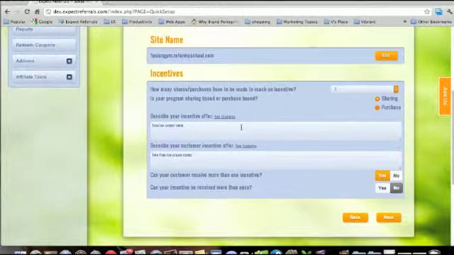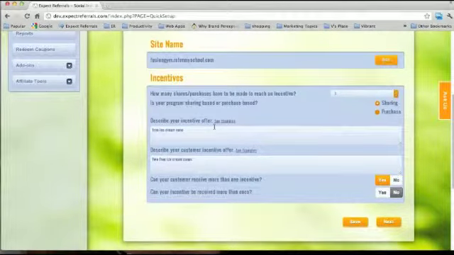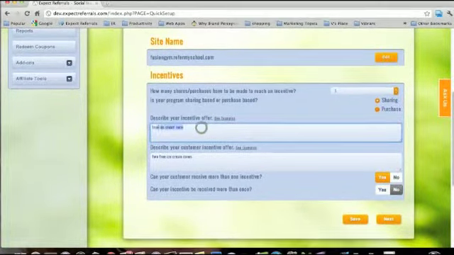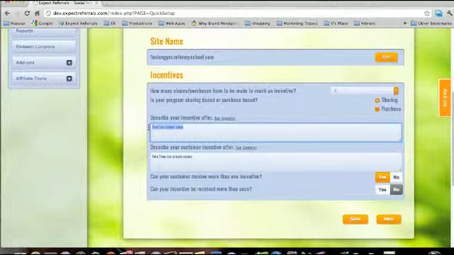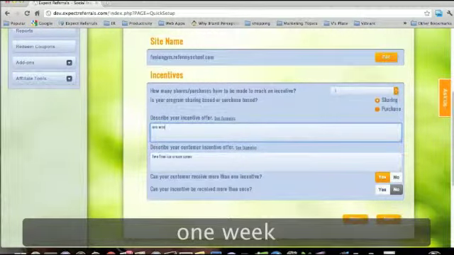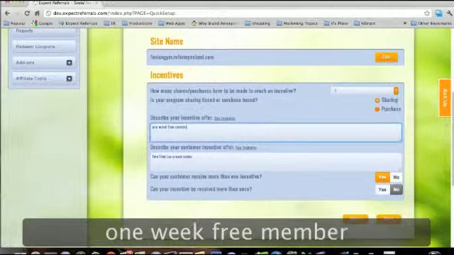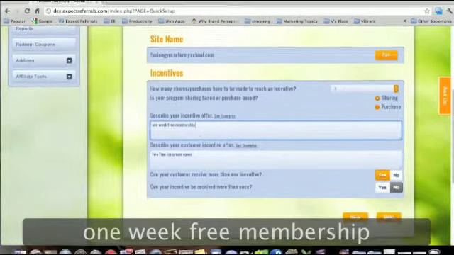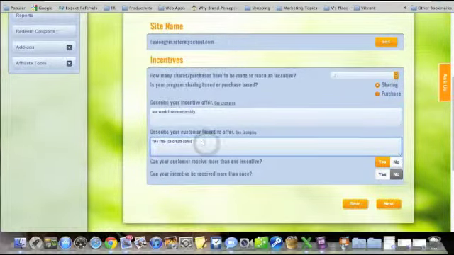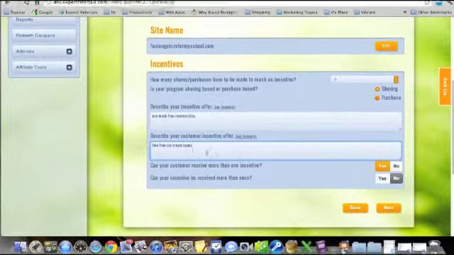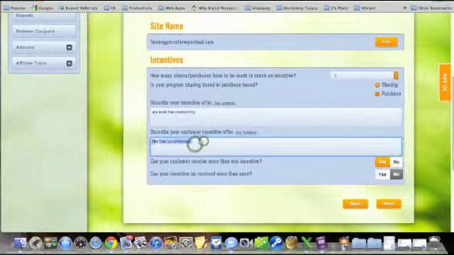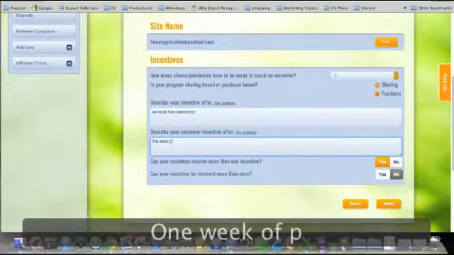Next is our incentive offer. So what are we offering the people that our customers are sharing this coupon with? And no longer a free ice cream cone, because for a gym, I think what we're going to do is offer a 1-week free membership. Okay. And the incentive for our customers for sharing with those 3 people, instead of 2 free ice cream cones, I think we'll go ahead and change that to 1 week of personal